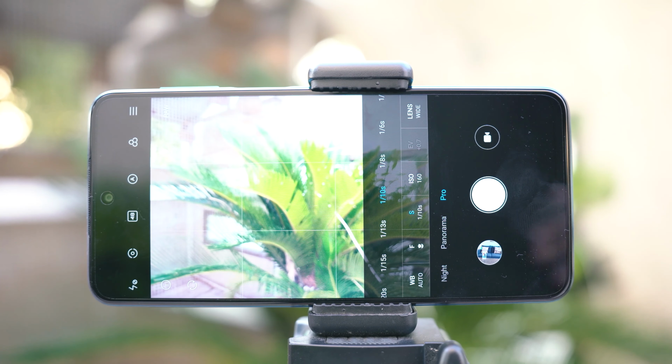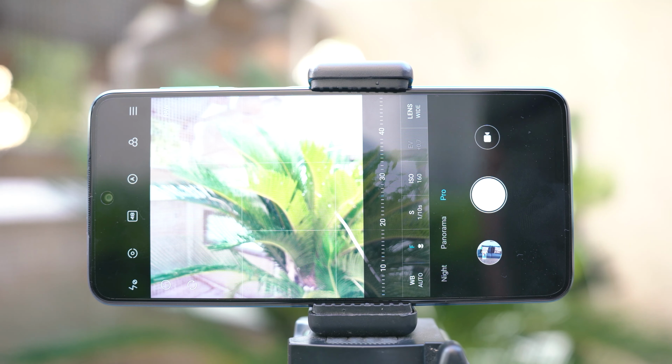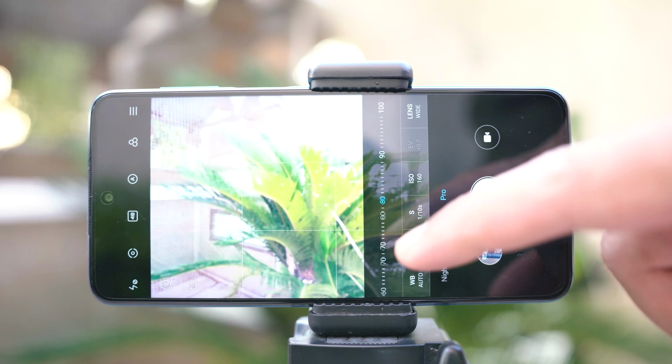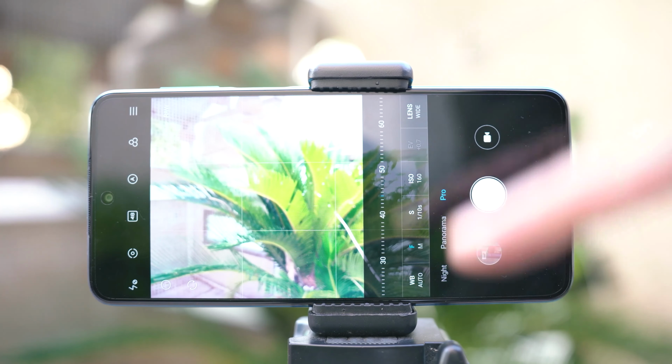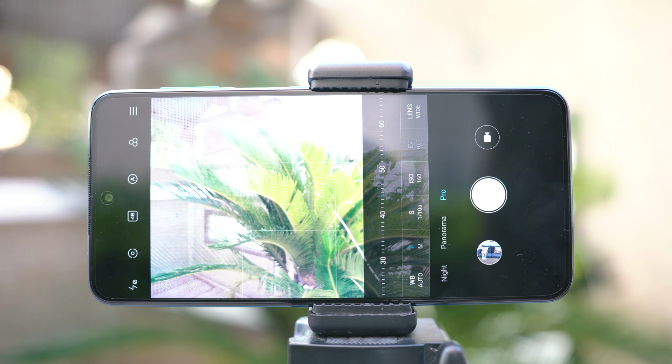So if you have seen those stunning light trail shots at night, or those waterfall shots with the water going still, remember that all those shots are possible with the help of long exposure, which are basically captured by increasing the shutter duration of your digital camera, of your mirrorless camera, or of your phone. Next to that is the focus. I believe that all of you are well aware of what focus is. Increasing the focus value will bring everything in focus, and decreasing the focus value will focus on the smaller objects in front of the camera and blur out the background.